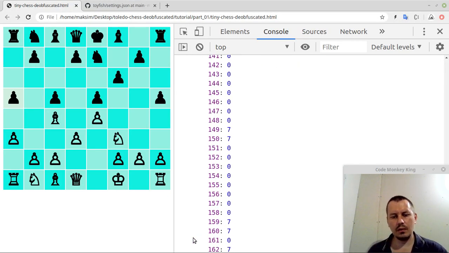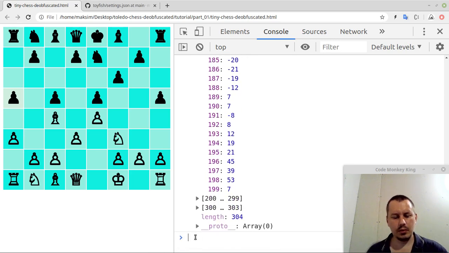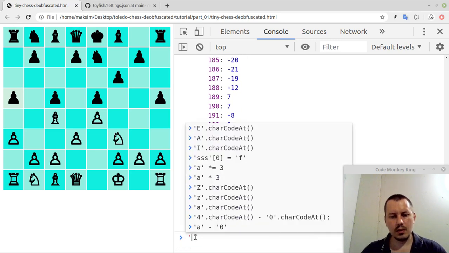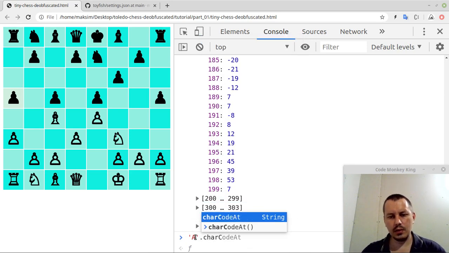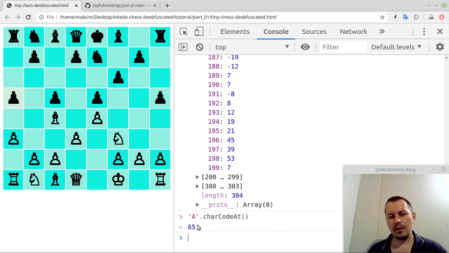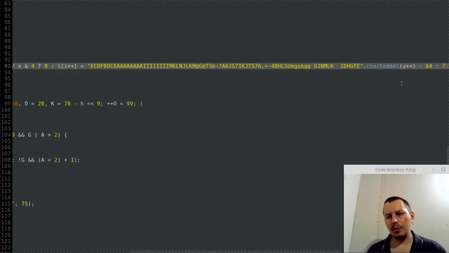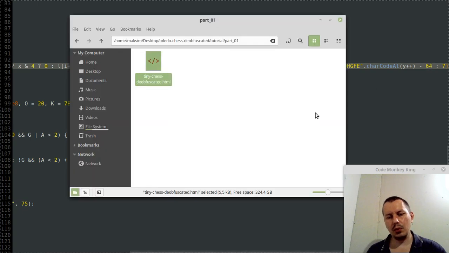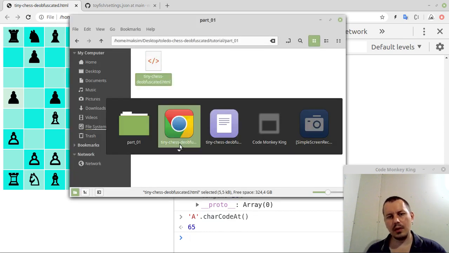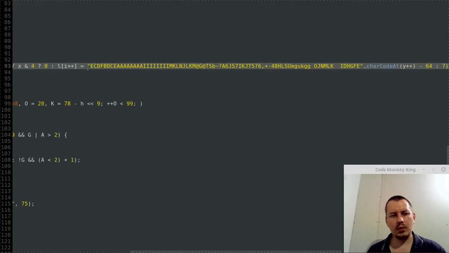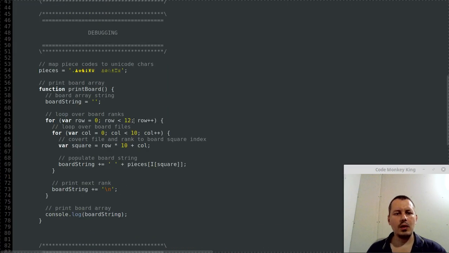So just have a look at A and char code that. So we have the 65. So here we subtract 64, which is A's char code minus 1, and this makes perfect sense for the actual encodings that we've come up with here,